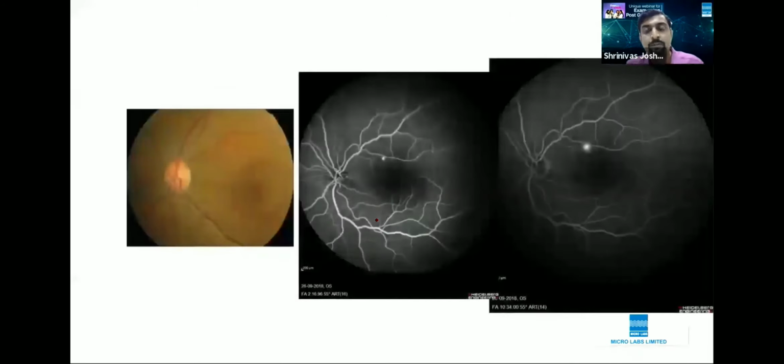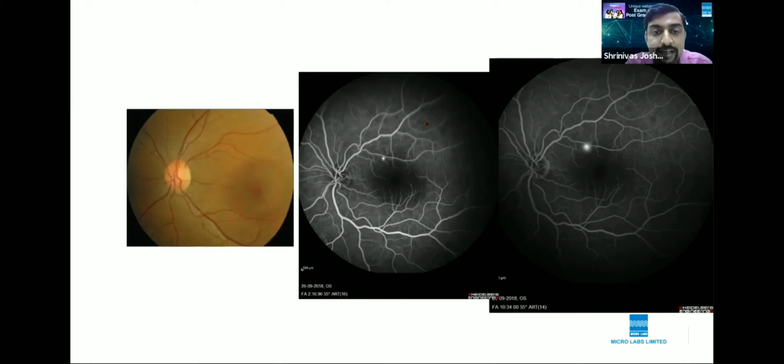Now coming to the next, what is this? This is the most commonly asked fluorescein angiography. You have the clinical picture here. You see the grayish appearance here. You can see here on the FR is definitely dull. Then when you go through the fundus fluorescein angiography, you can see the arteries are almost filled. The veins are already filled. So it's almost in the mid or the late venous phase. And here you can see this is definitely a late phase. One second, I just try to put this on. Okay, so this is the late venous phase here. And in the late phase, you can see there is a small hyperfluorescence, which is increasing in the later frames of the angiogram. So this is nothing but an ink blot pattern of CSCR.